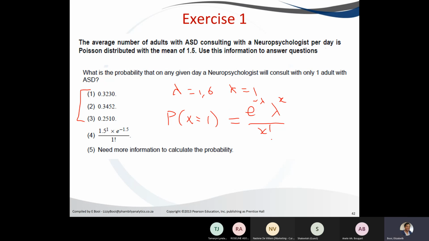Easy, because x is 1, so where I see x, I'm just going to put 1. And my lambda is 1.6. Where I see lambda, I'm going to put 1.5. So this will be e to the power minus 1.5